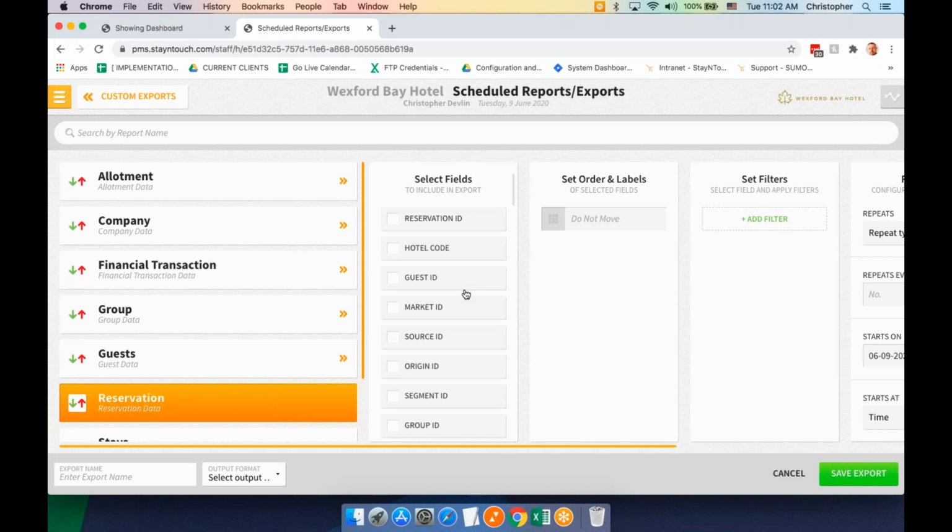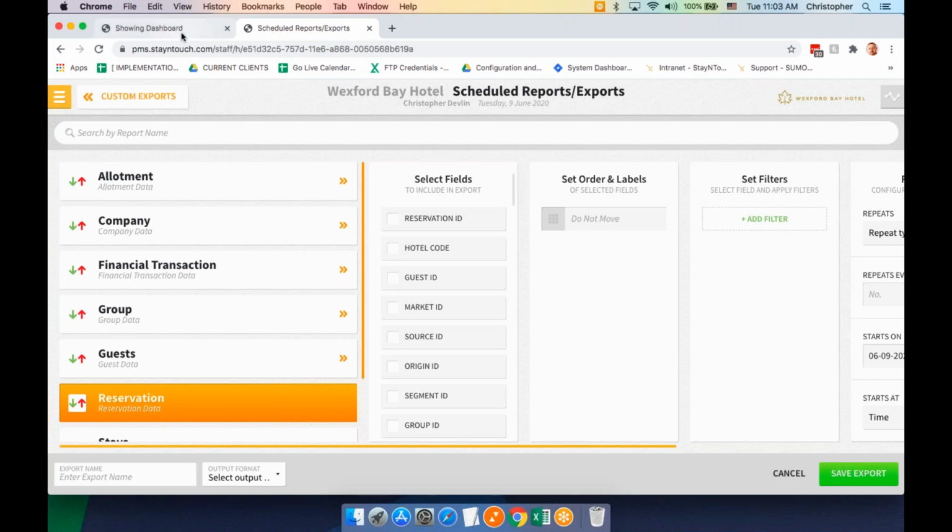So lots of great options in here. If you're not currently using it, definitely go ahead and take a look and play around in here. But the Do Not Move is being added, and there's more fields being added quite frequently too, so keep a lookout for that. The next thing we're going to take a look at is our ability to add multiple parameters